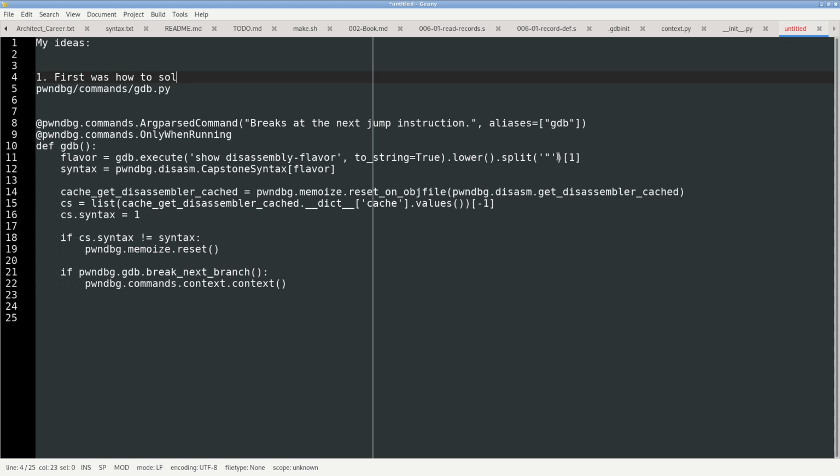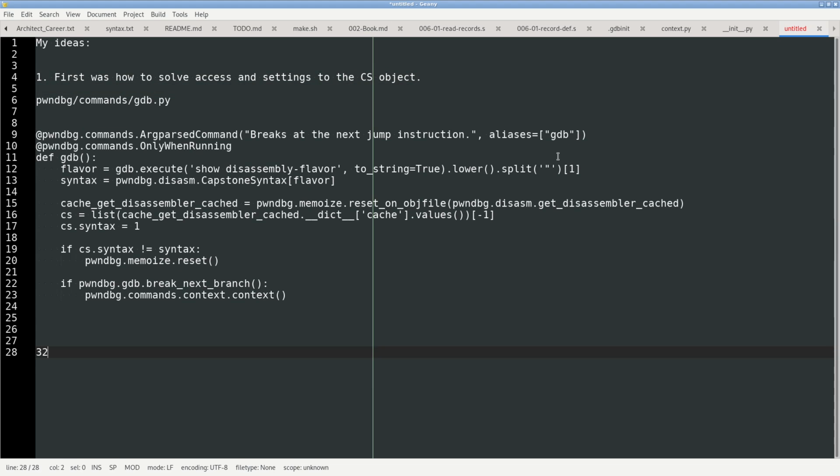how to solve the access and set settings to the object. And the second basically is how to get the GDB init settings and apply them at the time, once, at the first